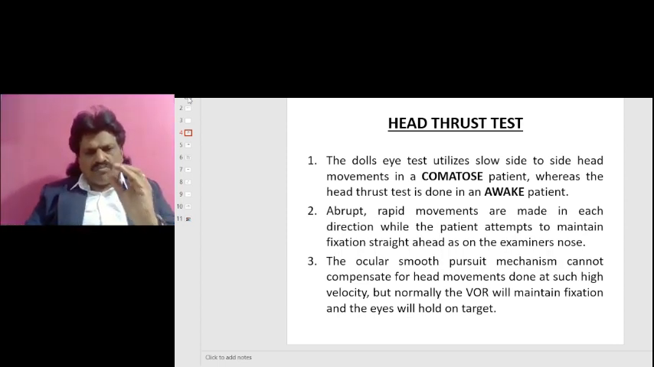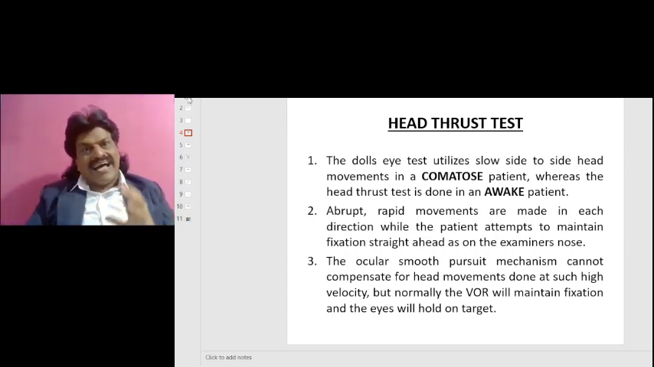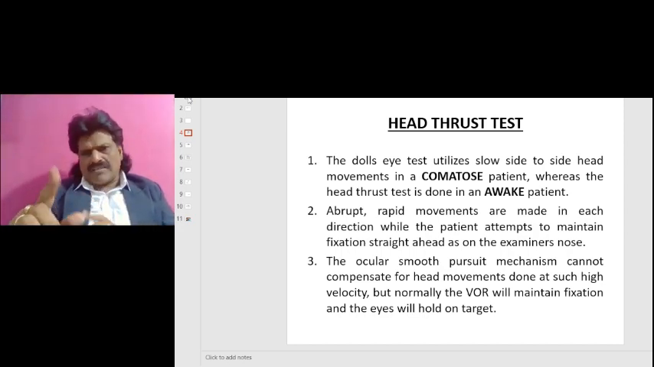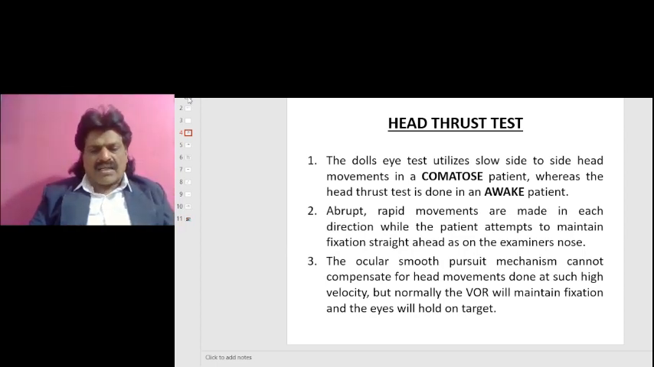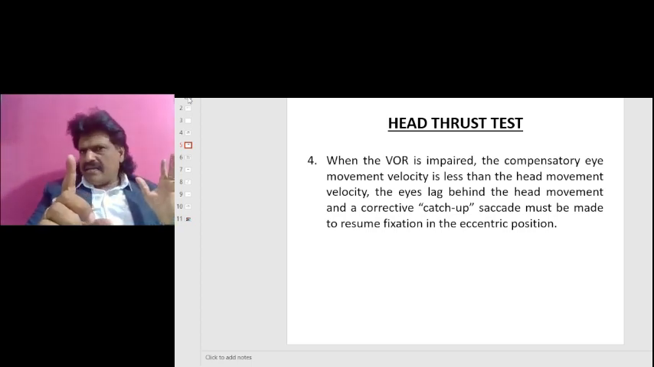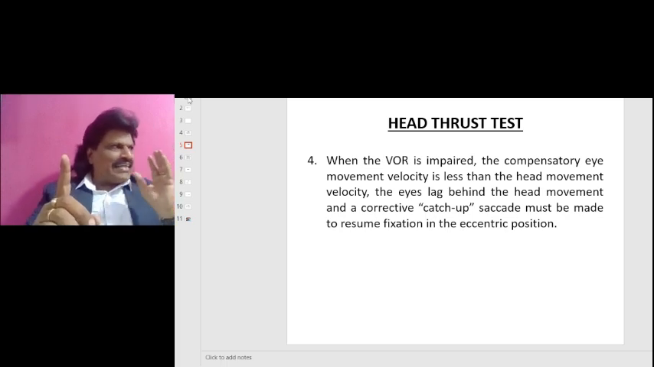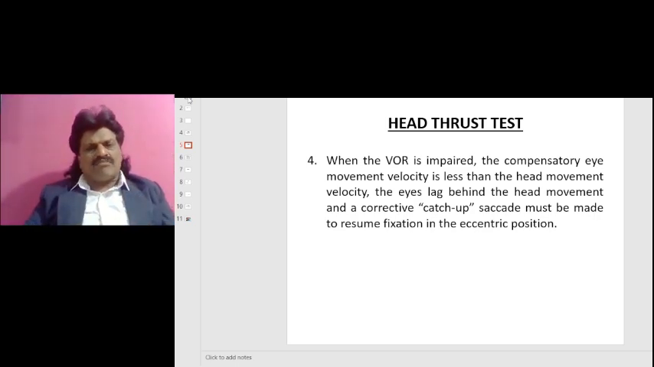The ocular smooth pursuit mechanism cannot compensate for head movements done at such high velocity, but the normal vestibular ocular reflex will maintain fixation and the eyes will hold on the target. When the VOR is impaired, the compensatory eye movement velocity is less than the head movement velocity. The eyes lag behind the head movement and a corrective catch-up saccade must be made to resume fixation in the